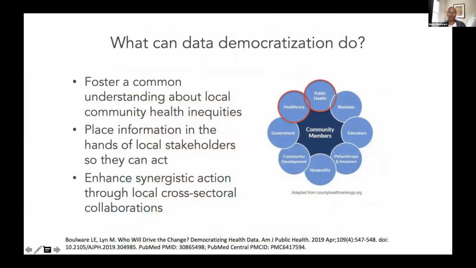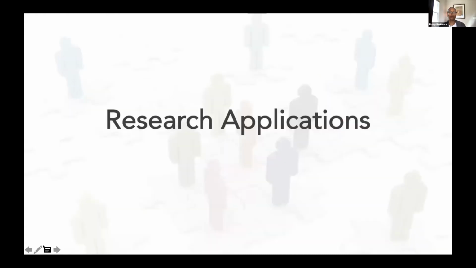So we democratize these data for the purpose of fostering a common understanding about local community health equities, not only within healthcare and public health, but also to put the data in the hands of stakeholders, both community residents, but also the stakeholders that can change these social environmental determinants. It's very important because if we're looking at these as mechanisms for health and wellness or disease, we need to understand what the likely interventions are going to be. And if the interventions are going to happen at a macro level, then we need to begin to inform community stakeholders that are the interveners about these risk factors for poor health.